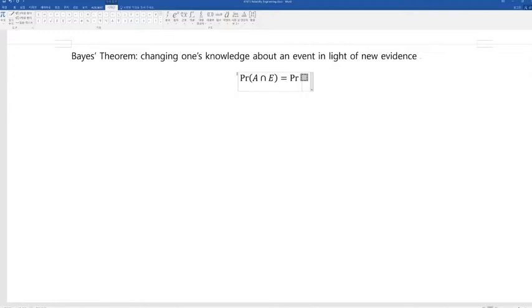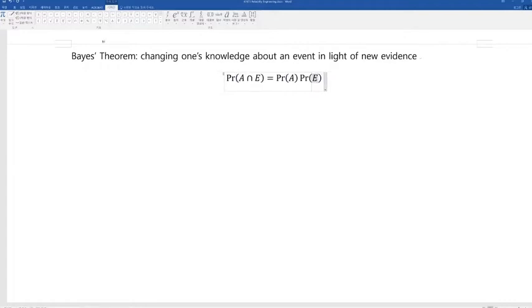So the probability that we are going to have 1 from the die and head from the coin can be calculated with the probability of A multiplied with the probability of the event of E,